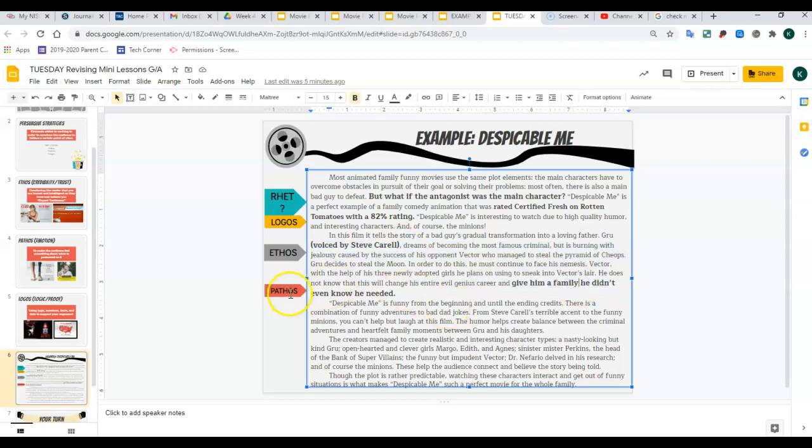And then down here we see an example of pathos. Give him a family he didn't even know he needed. So whenever we talk about family and needing family, that makes us feel something. And it could make all of us feel something different. For me, I know I need my family, that I would struggle a lot if I didn't have them. And so some people might be like, whatever, family, ugh. But most of us, it makes us feel kind of warm and fuzzy inside. Like, yeah, they annoy me sometimes, but I do love my family. So there are examples. Rhetorical question.